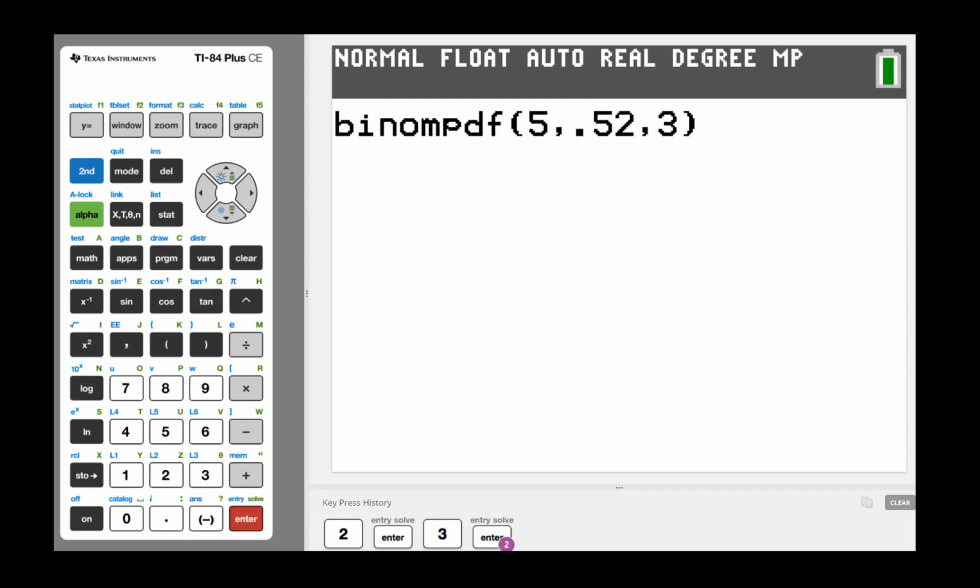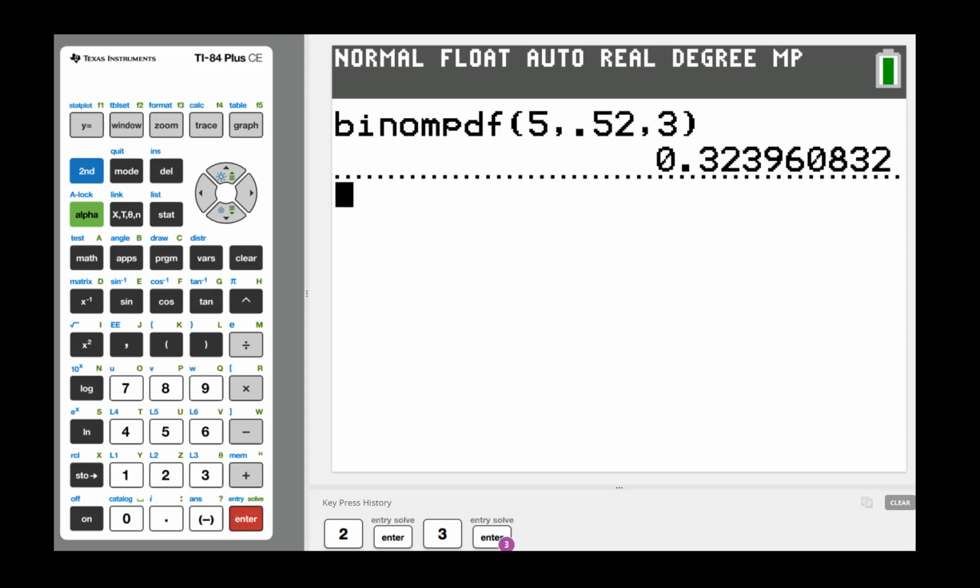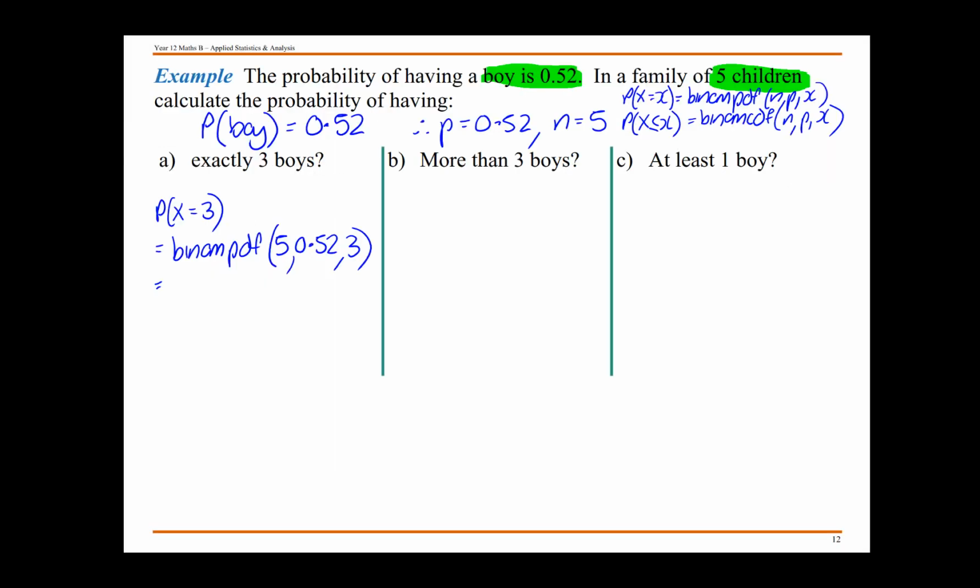That will now paste it into our screen, press enter again, and it gives us the probability is 0.3240 approximately. So that is approximately a 32.40% chance of exactly